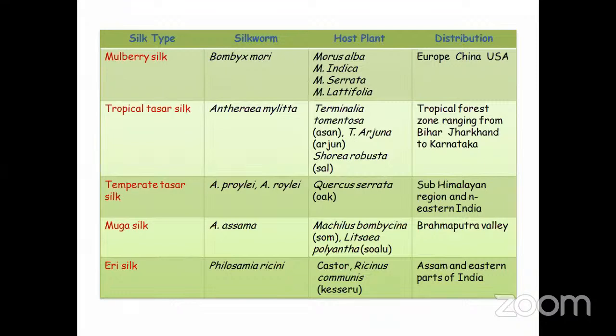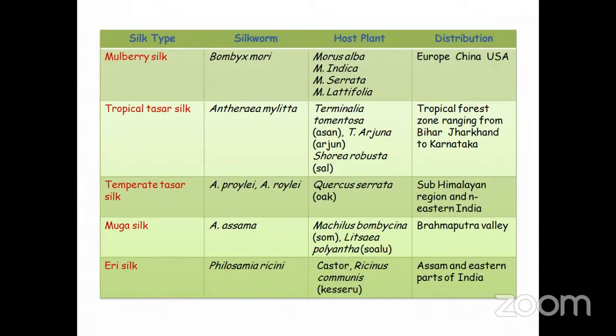Then the next one is the temperate tussar silk moth, which is produced from the worm Antheraea proylei and Antheraea royleii. For that, oak is mostly used as a host plant, and it is distributed in the southern region and